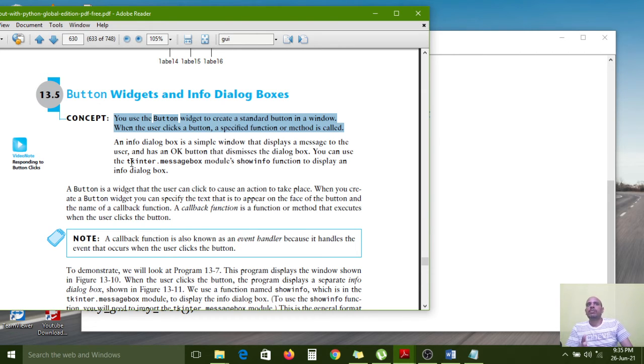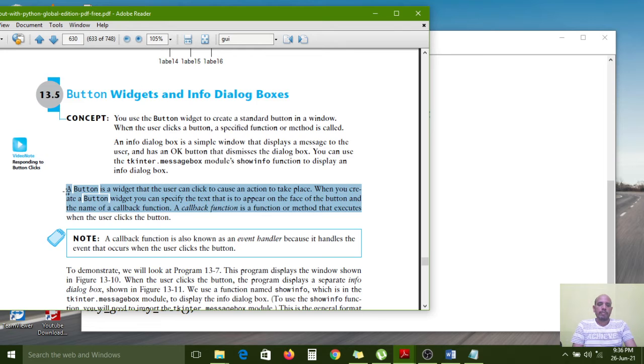So if you want to display information on the screen when you click the button, for that you need to import the tkinter.messagebox module. This is the second module, and in it the showinfo function displays an information dialog box. If you use showinfo, the tkinter.messagebox module is compulsory to import. After importing, we call the showinfo function along with the message, right?